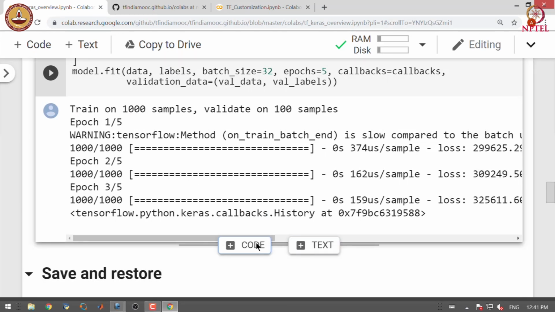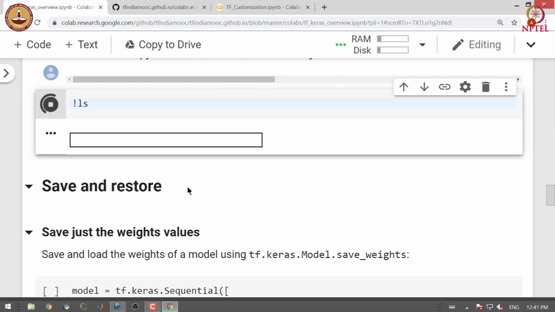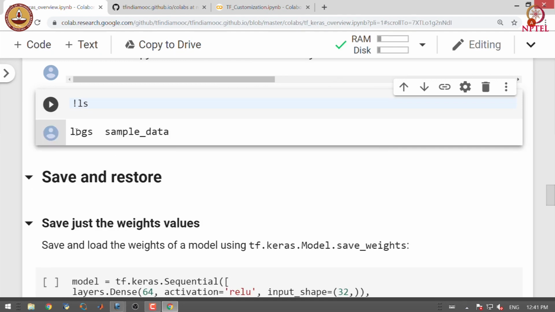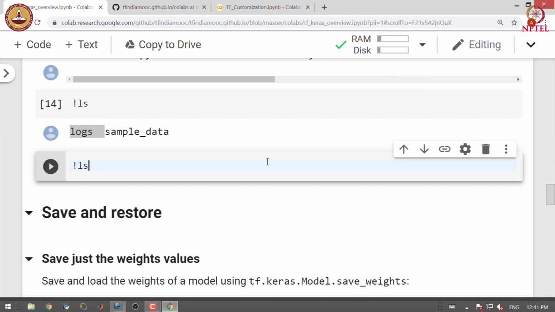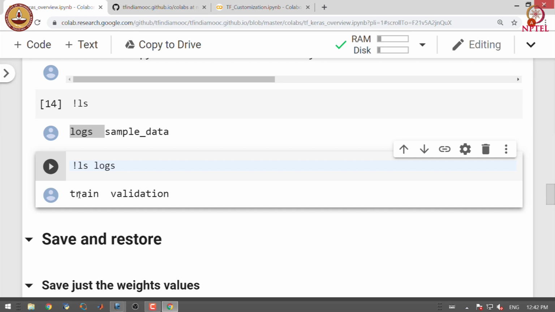Let us look at the content of the directory to check if the TensorBoard logs have indeed been written. You can see the logs subdirectory in which TensorBoard logs are supposed to be written. Let us examine the content of the logs directory. You can see that there are train and validation as 2 folders.